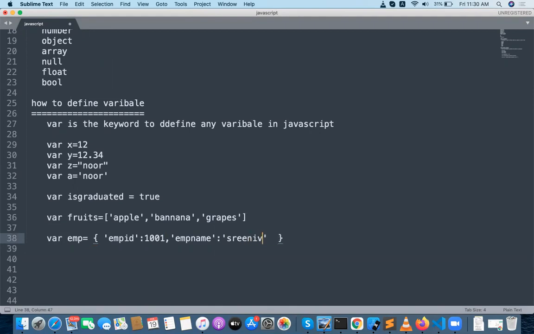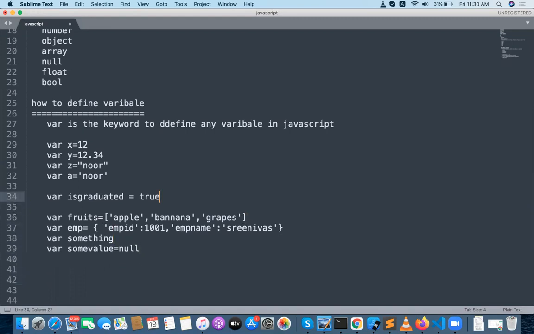This is the way of object representation. And var some value equal to null. I can define the null value also. These are the kinds of variables you can define in JavaScript.